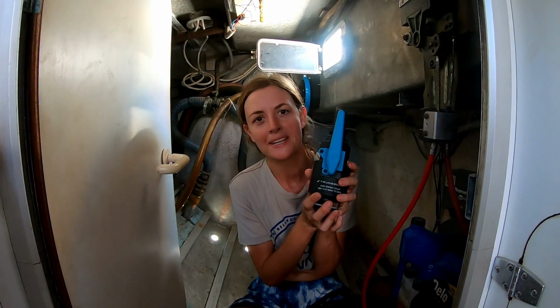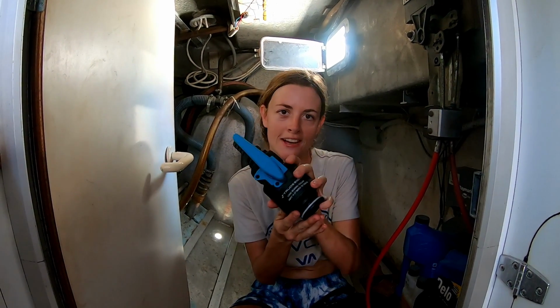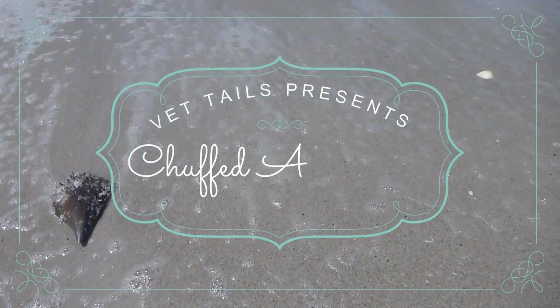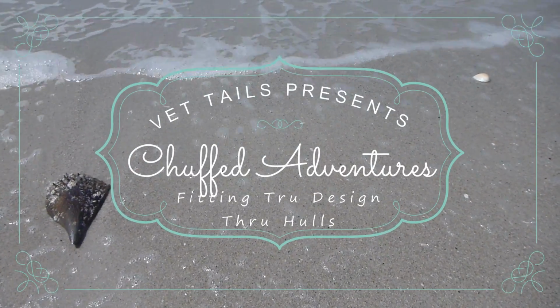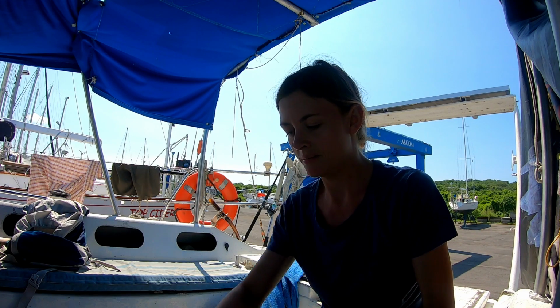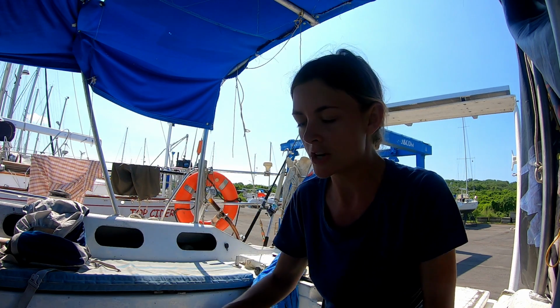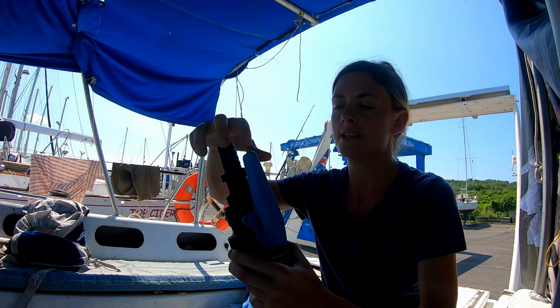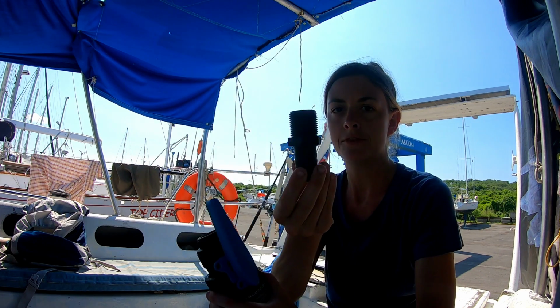This episode we are installing our Tru Design Seacocks to replace the old ones. So we've got all of our Tru Design collars in as well as instructions. So this is what they look like when they're all fitted together, but essentially you've got part for the pipe,